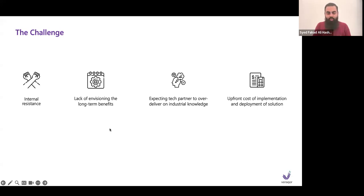They know how exactly to do it, how to impart that knowledge, and how to bring it to fruition as well. Asking them specifically how a specific sensor would be working, or how the rig operations are working, or how the manufacturing floor is being conducted is not their job. Their job is to get you the right solution and integrate it. Where the industrial knowledge comes in is from the SMEs